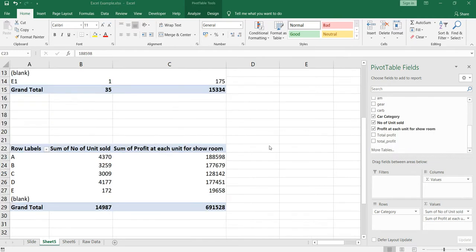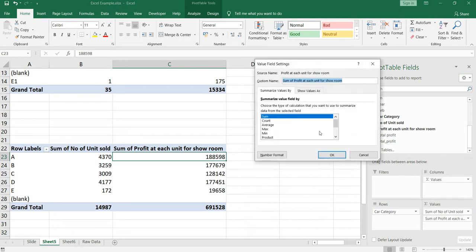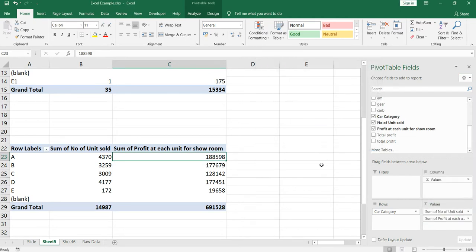For a calculated field, suppose you do not want to use the average function which is provided with this inbuilt average function here. Okay, in order to show you the calculated field, I'll take this sum of profit at each unit for showroom, okay, and divide it by the number of units sold.